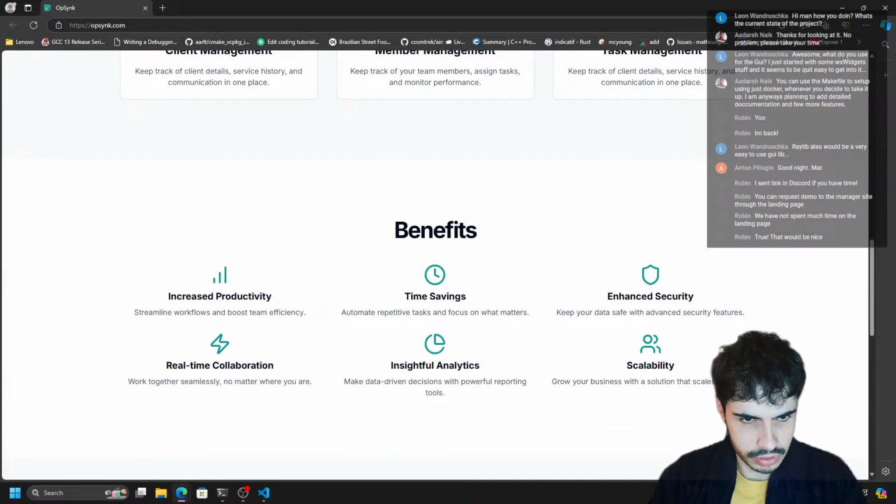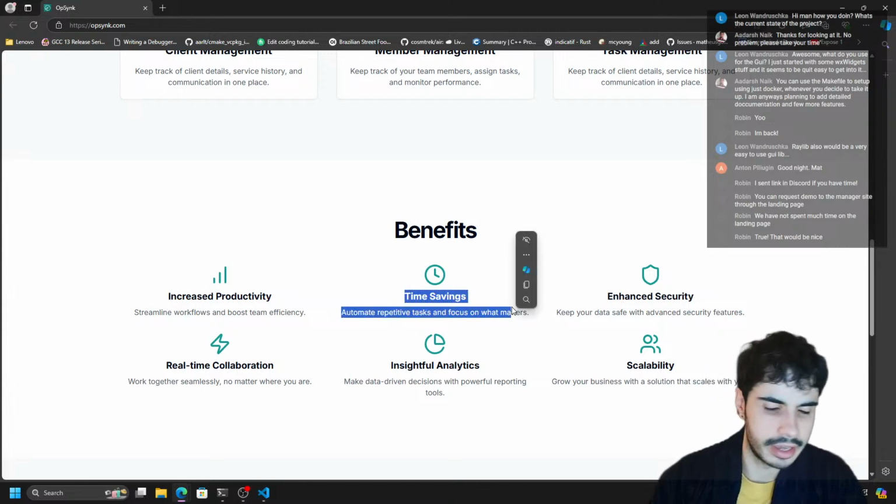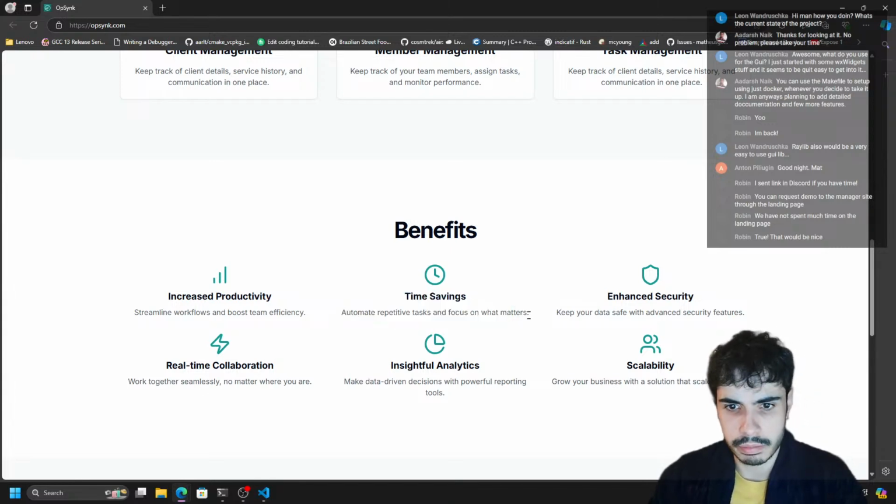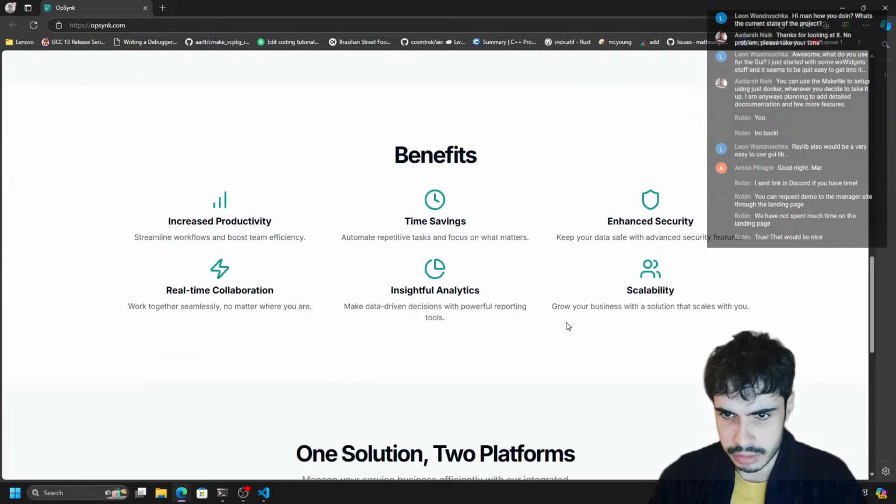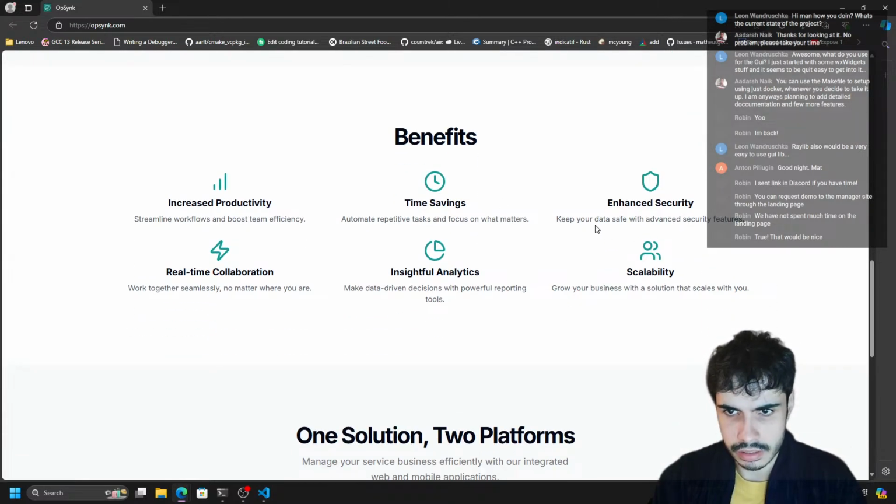Benefits: increase productivity, streamline workflows, and boost stream. Yeah, that's cool. Time saves, automate repetitive tasks, and focus on what matters. Again, I can kind of guess what this means, but for a non-techie person, you probably need at least a tooltip here saying what this actually means. And enhanced security,